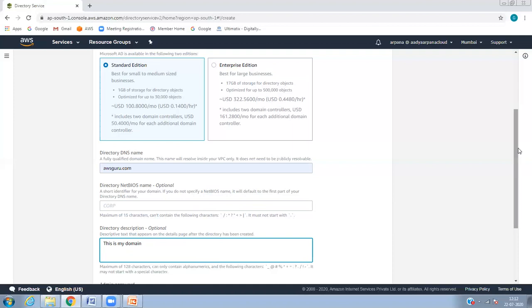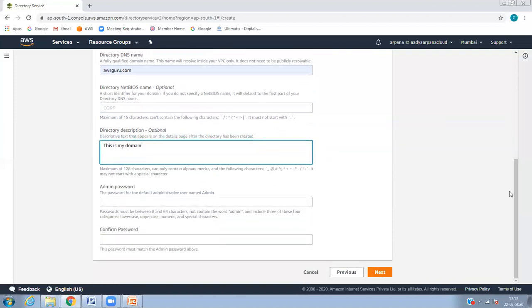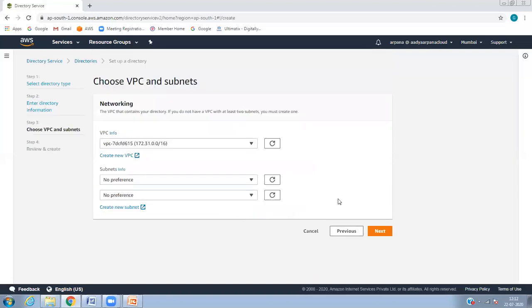Okay, so you can describe, or it's not required, it's optional. And see guys, the directory services DNS I've given is Guru. By default, whenever you create it, you should provide the password, right? So I have to select an 8-character password. It depends on you guys, whatever password you select, just store it somewhere so that it will be useful.